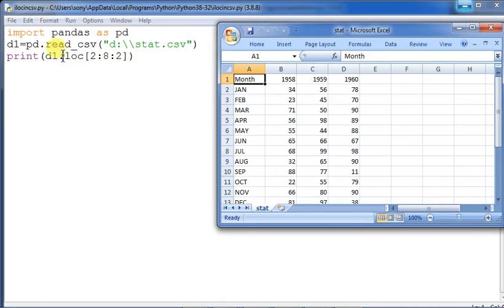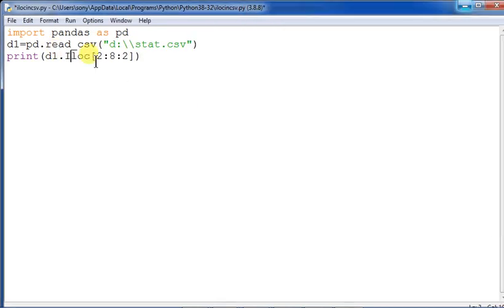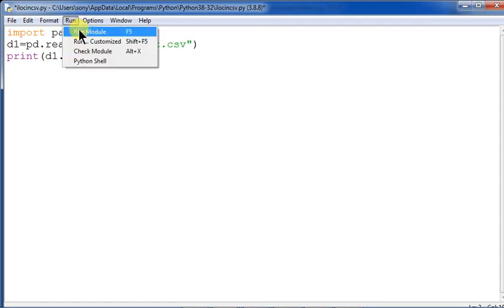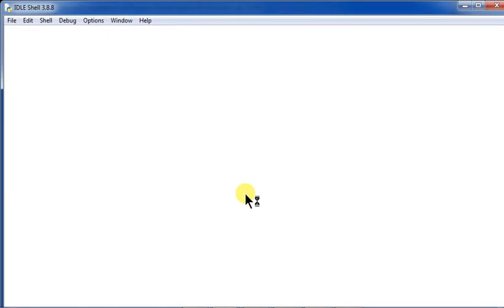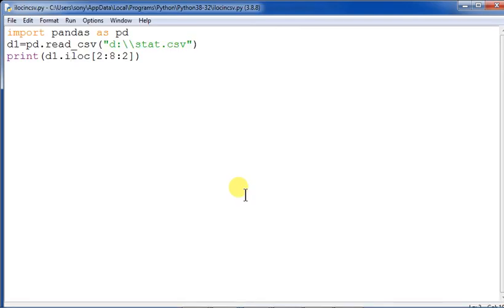That is very, very important for you, so you can understand the difference between loc and iloc while accessing data from a data source. Here in this case our data source is a CSV file, that is, a comma separated value file, so you can easily understand how it is functioning.